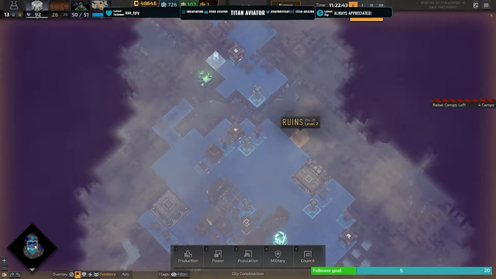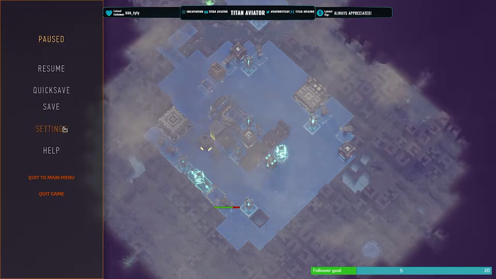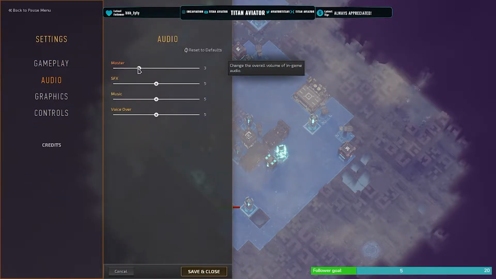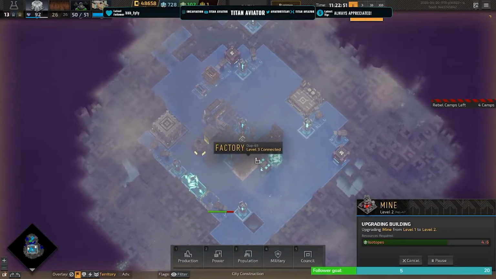This is a new game that dropped on the Epic Store, and it's a city builder based on the moon, Saturn, and that's actually really loud. I'll turn that down a little bit. I took notes while playing to help you out with some of the beginner stuff, and I'm gonna make a new